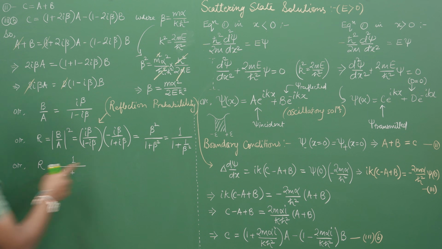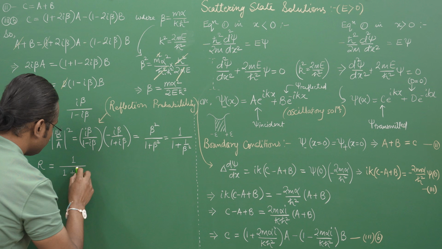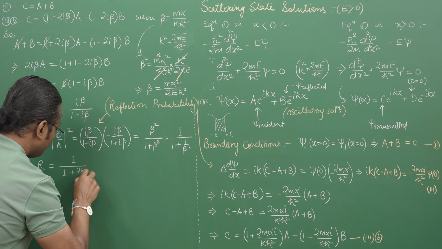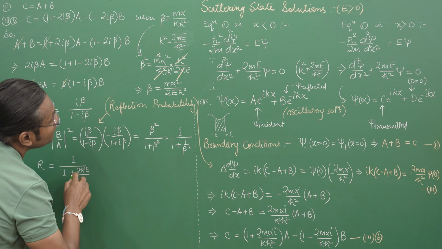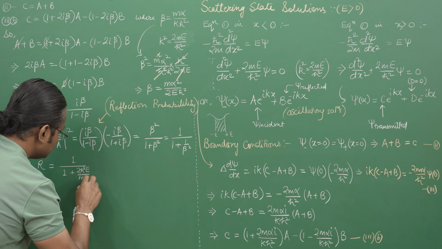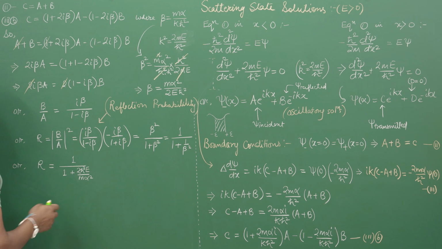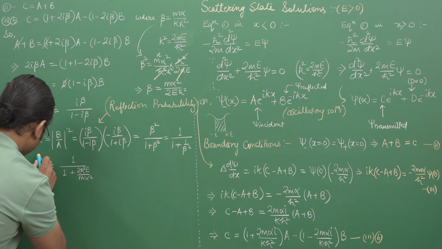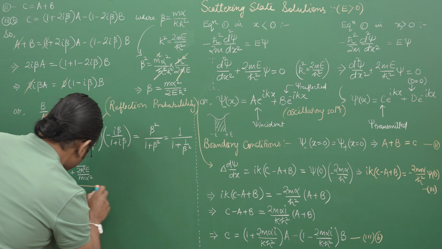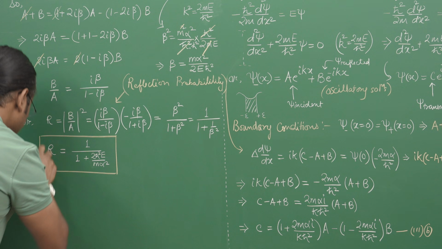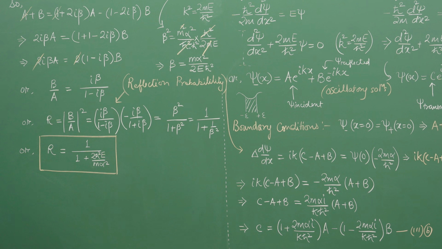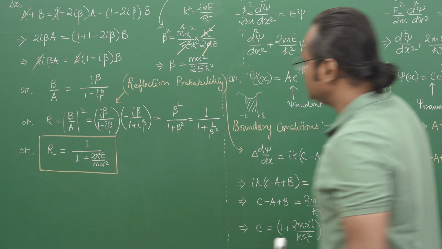So therefore, this is 1 upon beta square, so this is 2 h cross square e upon m alpha square. So m is the mass of the particle, e is the energy of the particle, h cross is Planck constant upon 2 pi, and alpha is of course the scaling constant that we associated with the potential initially, right? Alright, so this is the reflection coefficient,